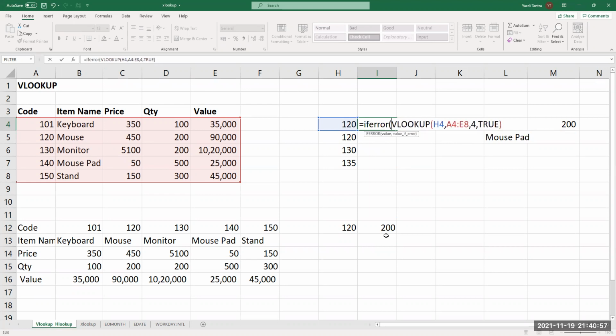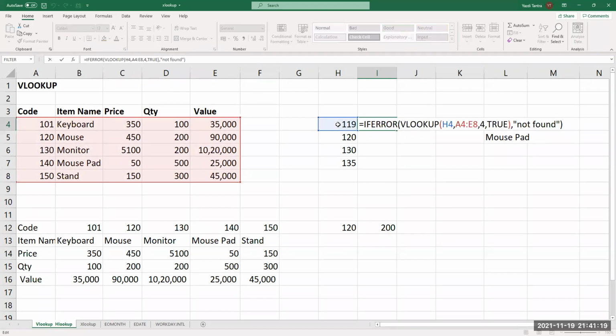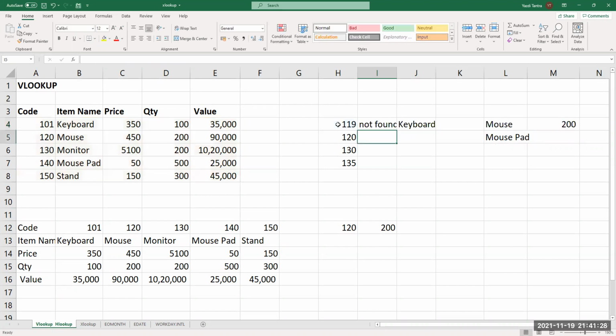Put this into brackets and then comma, not found or not available or whatever we want to say. Now see, I'll make this change. I'll make this into false. That means it is looking for an exact match, right? So it will show us not found.